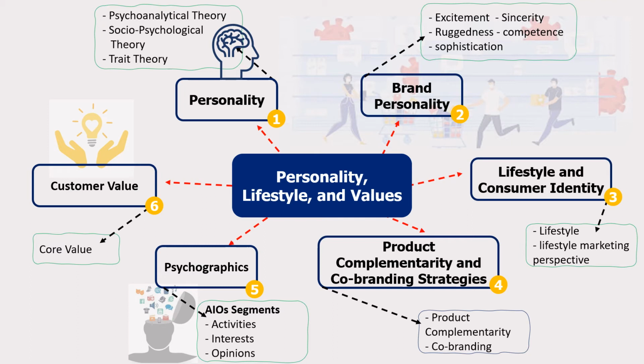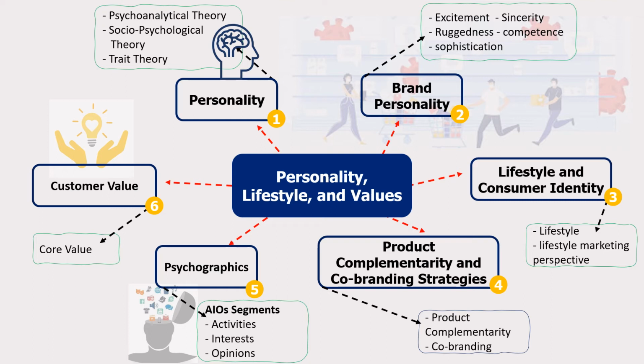The second one is sincerity, which means genuine, kind, family oriented, and thoughtful. For example, a tire company whose products make cars safe might position themselves as sincere. The third one is ruggedness, as in rough and tough, outdoorsy, or athletic. For example, many apparel and sports goods companies want to embody these traits.